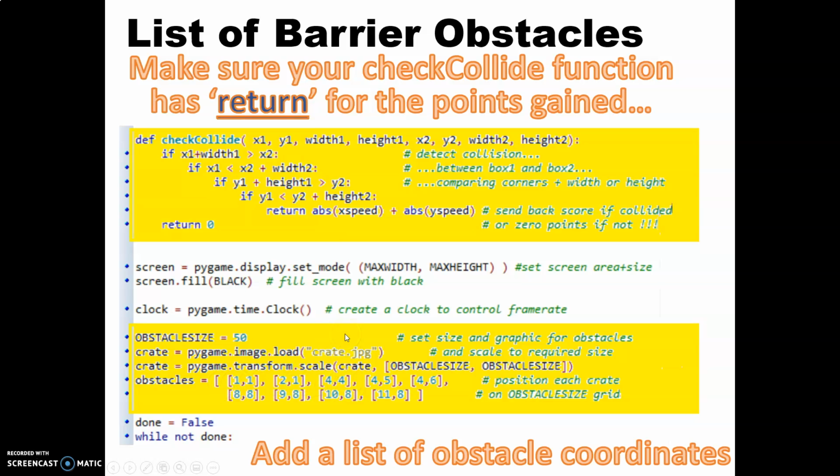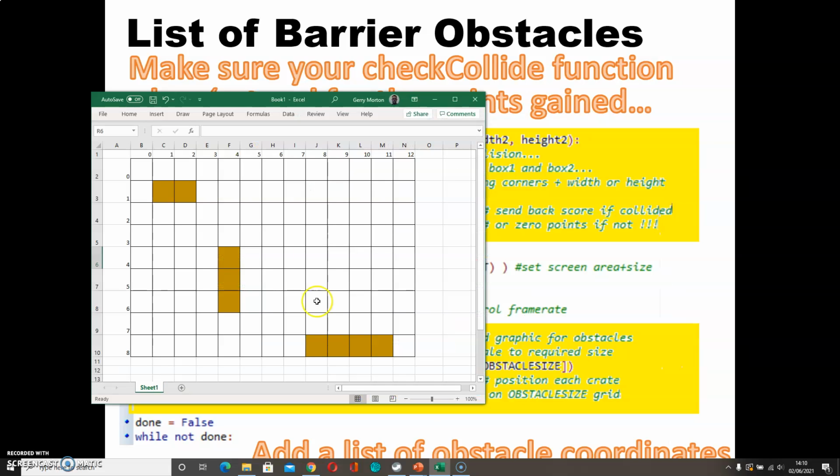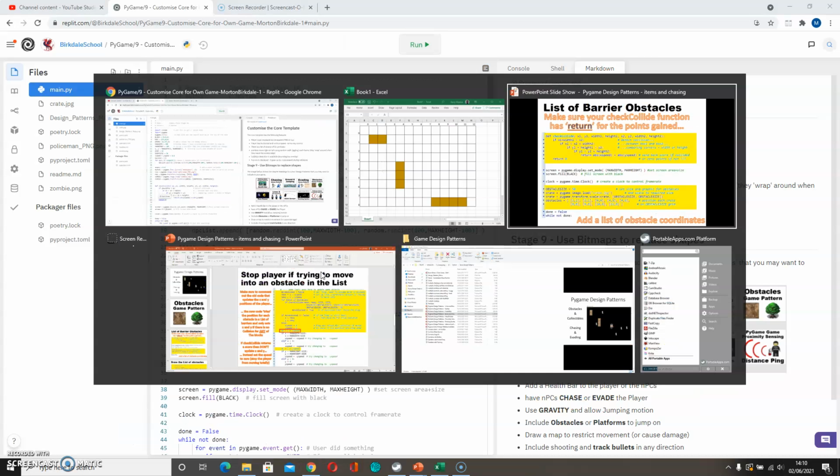Now I find the best way to plan this is maybe with a spreadsheet. So you can see that I've put a crate here at 1, 1. And then another one at 2, 1. So we're doing an X coordinate and then a Y coordinate down the way. So 1, 1 and 2, 1 are this box and this box. Then I've got one at 4 along and 4 down, 4 along and 5 down, 4 along and 6 down. So we can just lay out obstacles to make our game